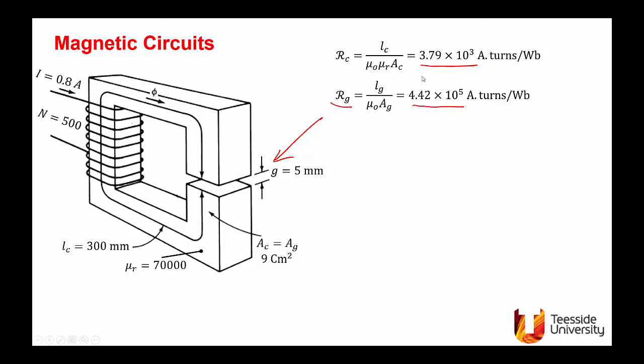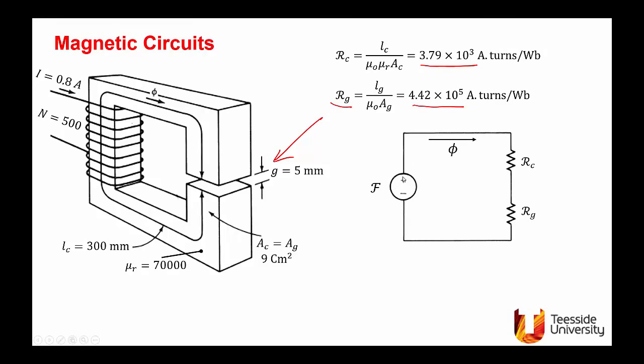Well, let's look at the magnetic circuit equivalent. F, phi, RC, we have these two reluctances in series. Consider these two reluctances in series, calculate the flux, get 9 times 10 to the minus 4 weber. If we ignore RC, the core reluctance, the 300 millimeter, we end up with the same value. What we conclude here is,